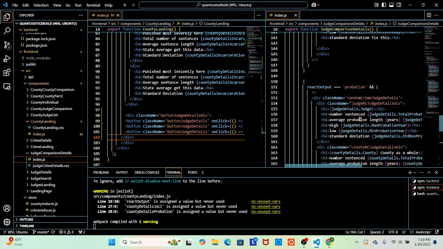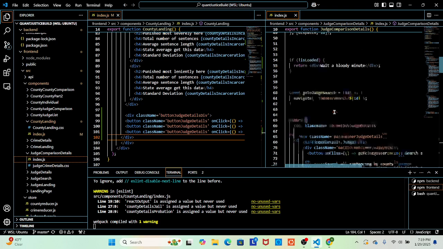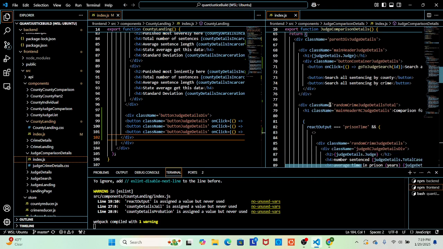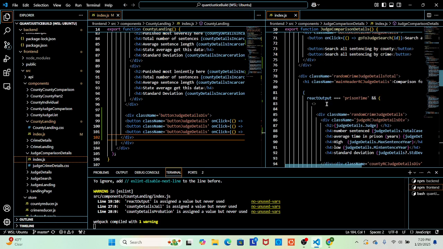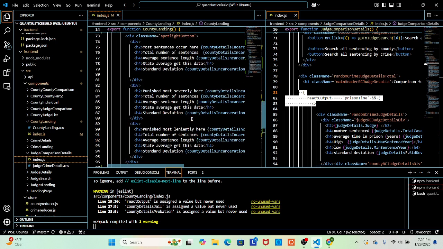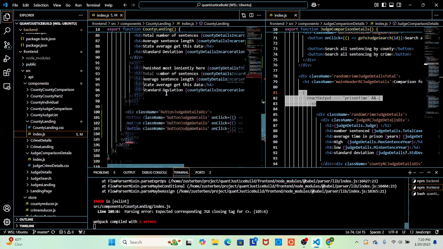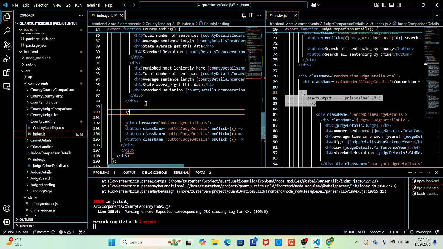A lot of this is basically like Python. You have to make sure all these divs are lined up, and you have to do that, and that, and that.